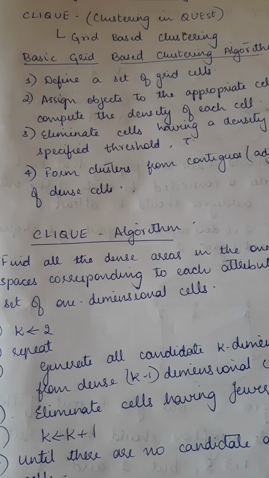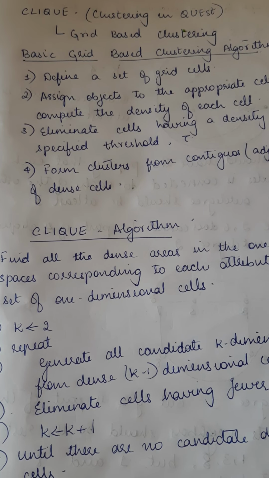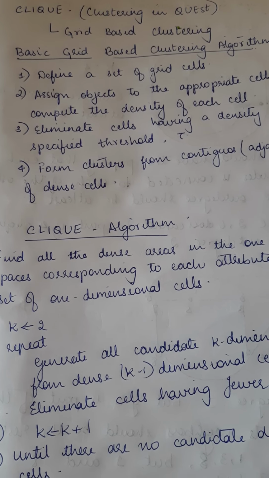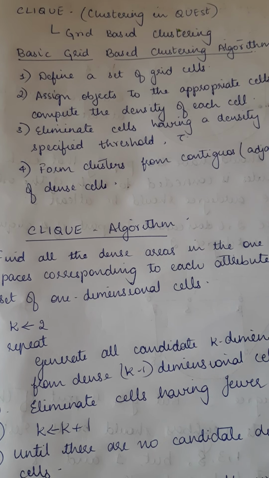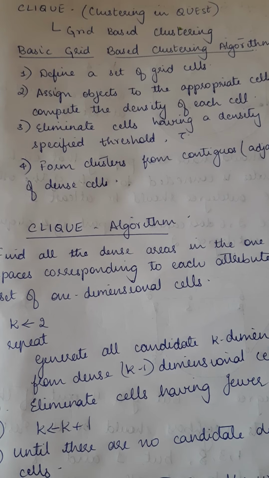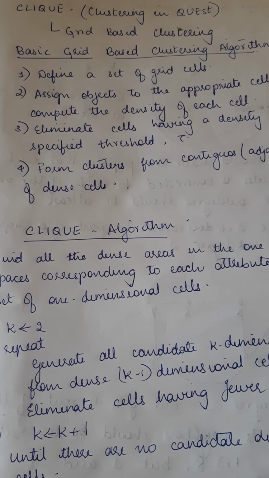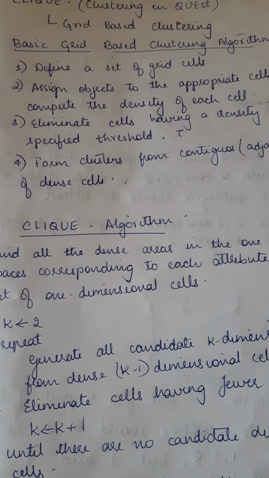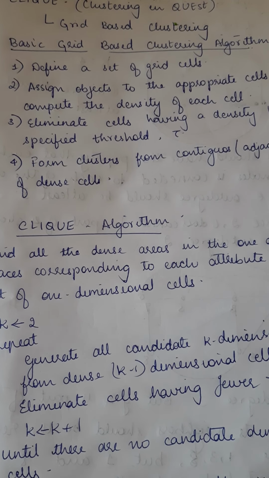So, what is density based clustering? It will identify distinct groups or clusters in the data based on the idea that what is a cluster? A space in a region of high point density. Density means what? We all know, when you have more number of data objects in a particular region, we say it is of high density, otherwise it is of low density.